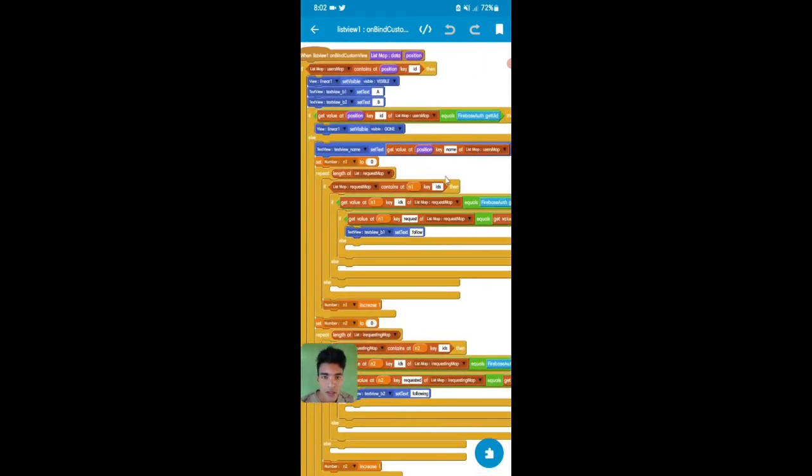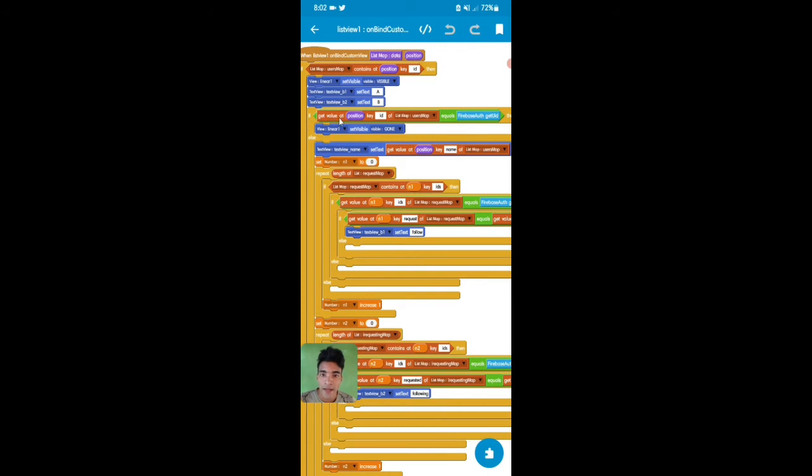Okay, so guys, I'll just show you. First I'll add an if else block. So guys, if list map users map content at position key id, then linear 1 set visible, and then text view b1 set text a, and text view b2 set text b. Okay, and then I'll add an if else block.